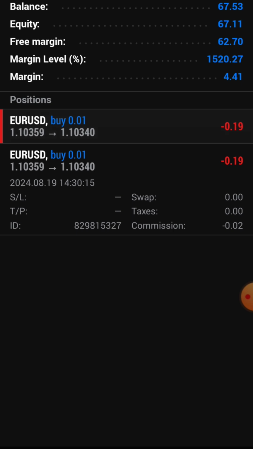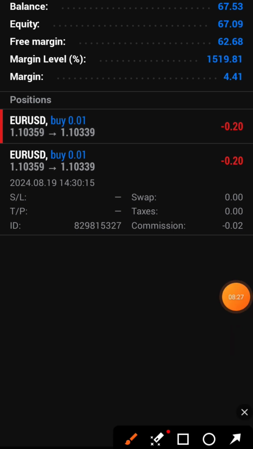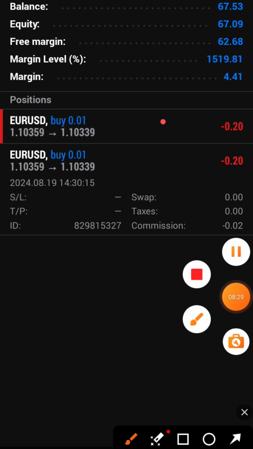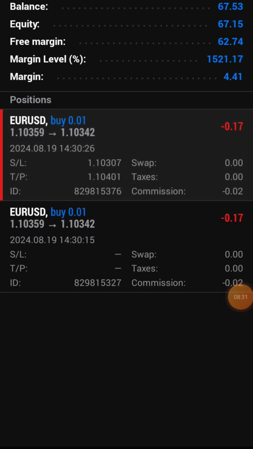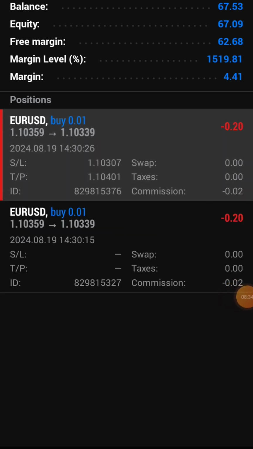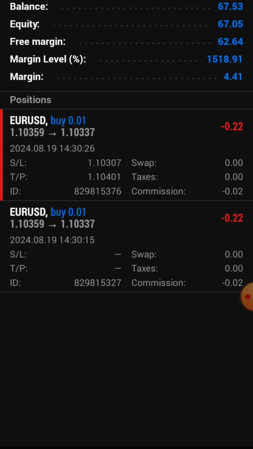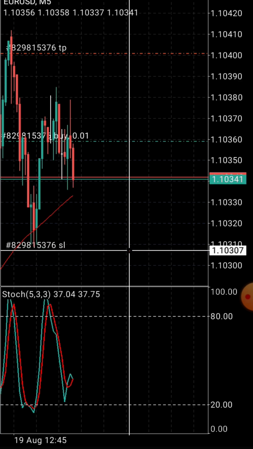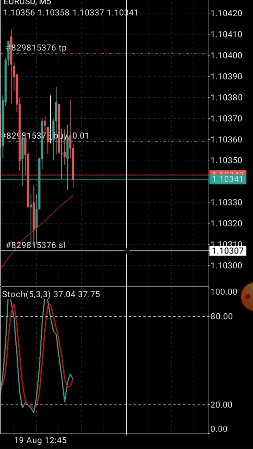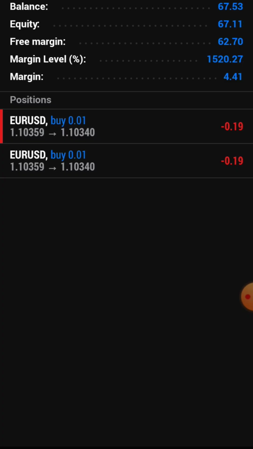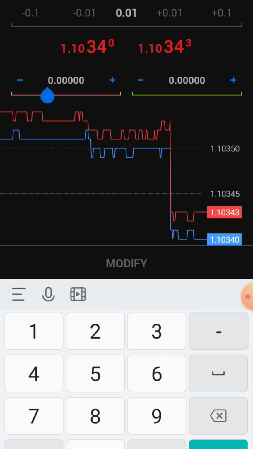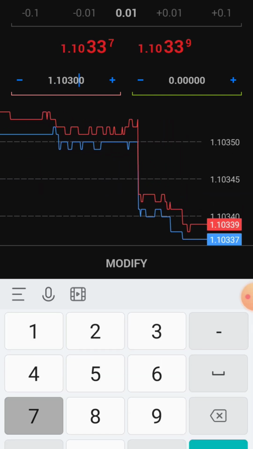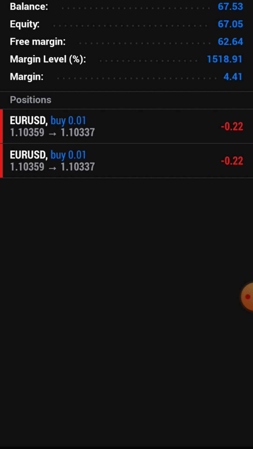You can directly copy from here, or you can do it manually. If you want to manually apply SL and TP, then you can do it. So let me apply it. I will place the SL. So I have applied my SL.